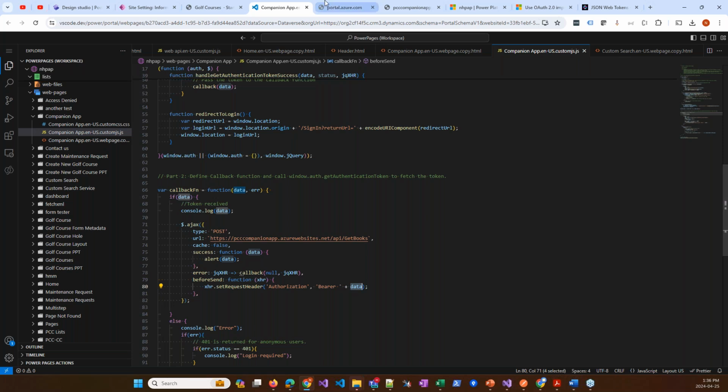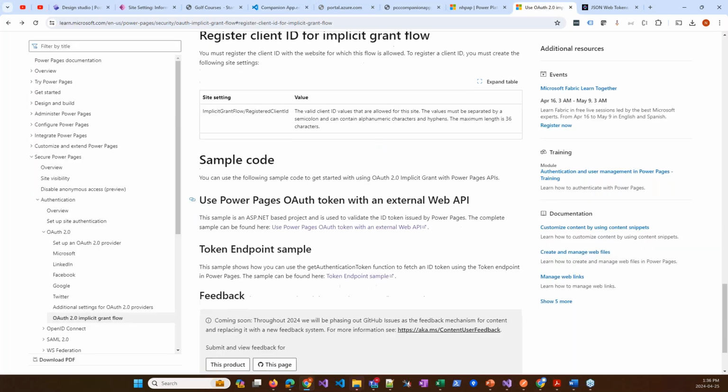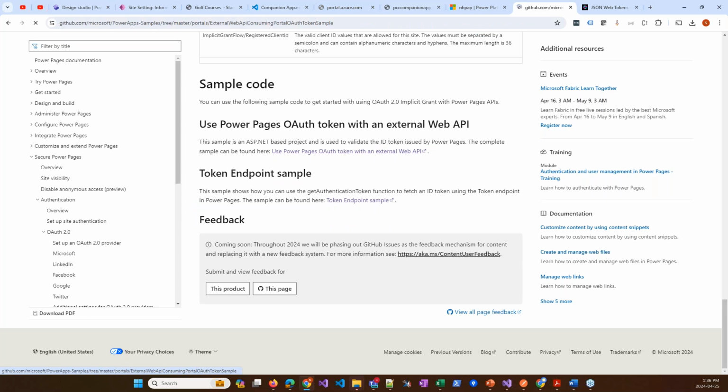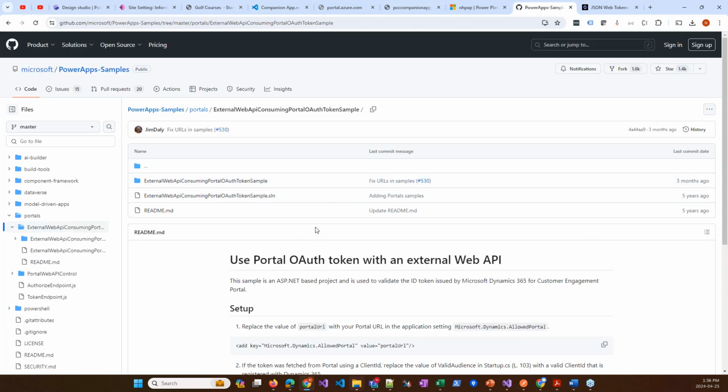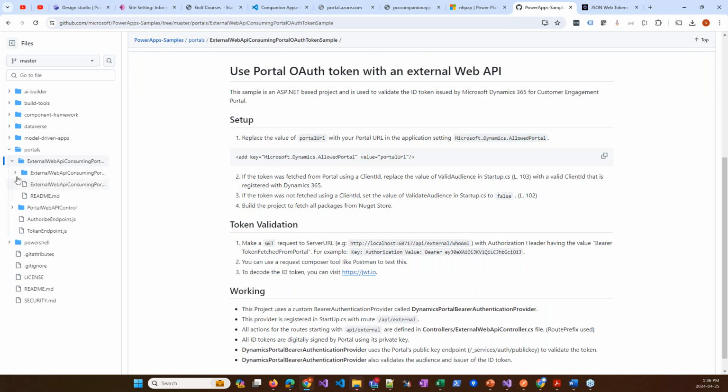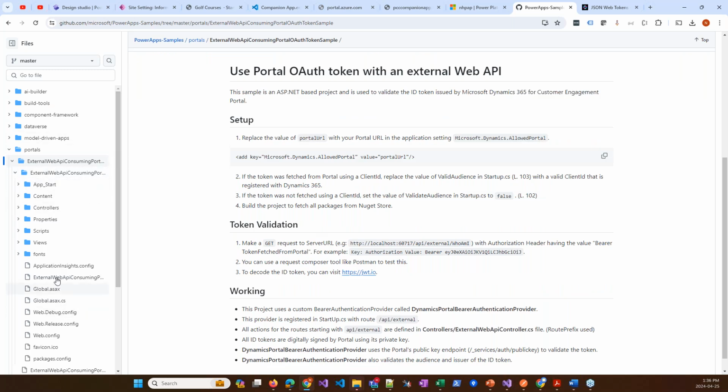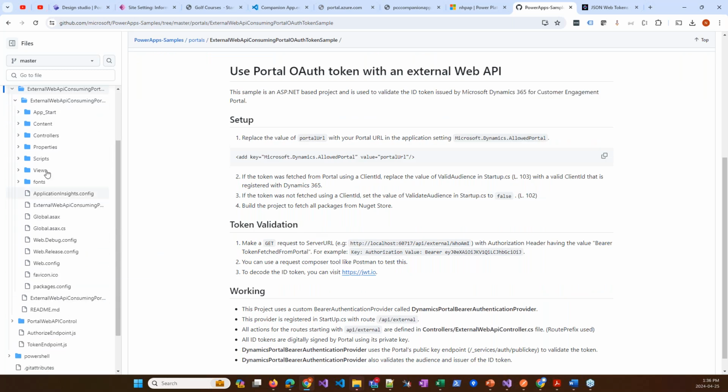However, just know that if I go back to the examples that we have from Microsoft, the Power Pages OAuth token, this thing right here, this is just a more traditional full web app that you would host, kind of a standalone Azure web app that you would host as its own thing. So whether you want to implement an Azure function, whether you want to implement it using a web app, whether you want to write in PHP,